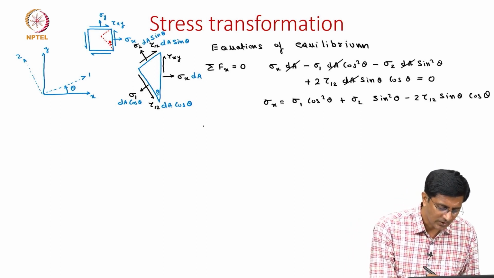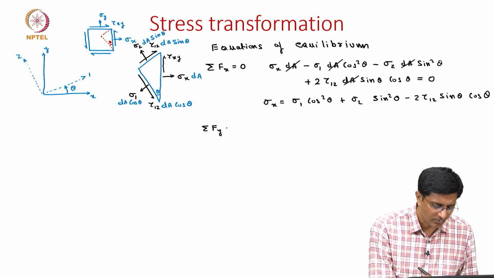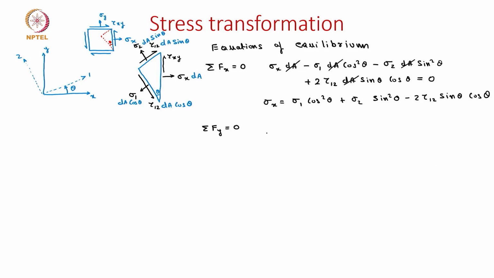The answer is yes, we can now write for summation of forces in the y direction going to 0. We can repeat the same procedure even for this second equation of equilibrium, where on the right face we have this component of tau xy making a contribution. Regarding these two inclined faces, again we see all those four force components do come in the equation. So, once we work it out, we can show that tau xy